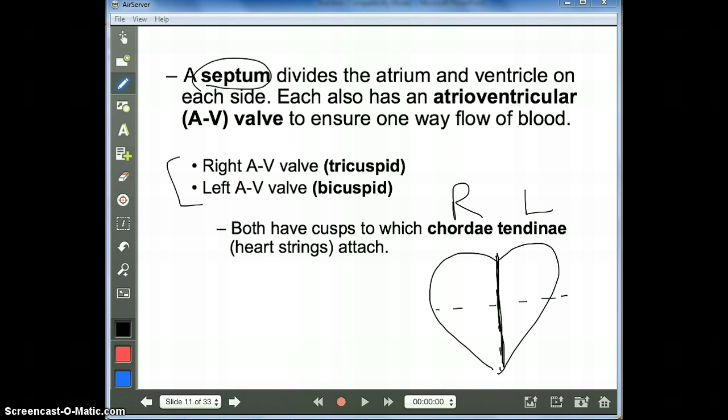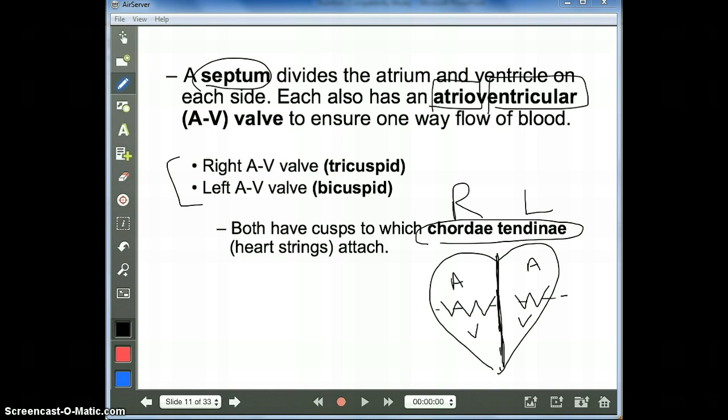Now we get into these AV valves. AV refers to atrium, the atrium's on the top, and the ventricles on the bottom. Atriums, ventricles. What you're going to have on the right side is called a tricuspid valve. So 3 little valves on the right, and on the left you're going to have a bicuspid valve. Remember that these are atriums and ventricles. That's what's going to help separate them out. And you're going to see here in a second these chordae tendineae.